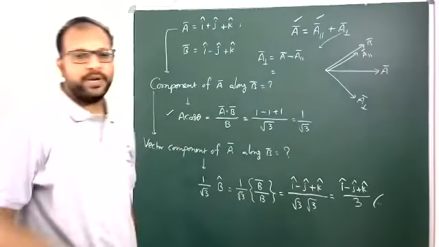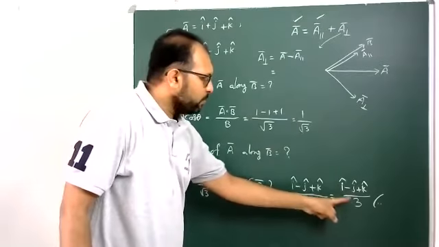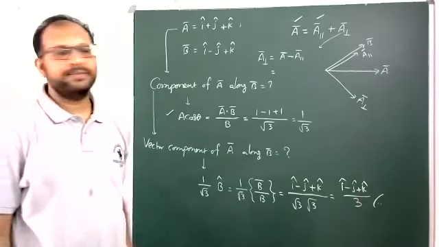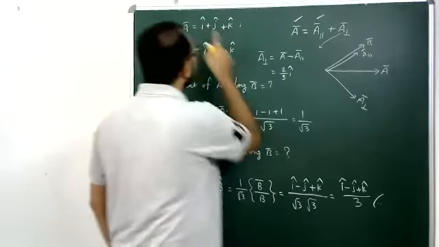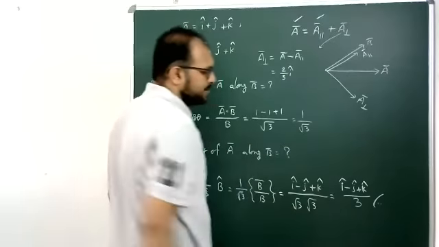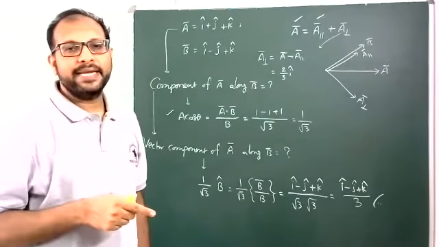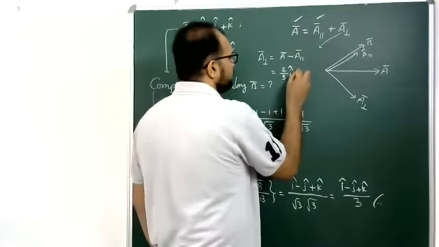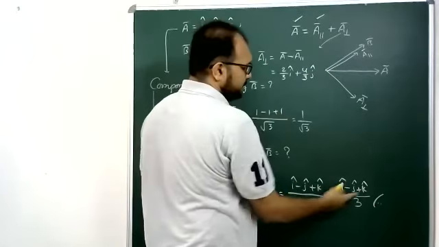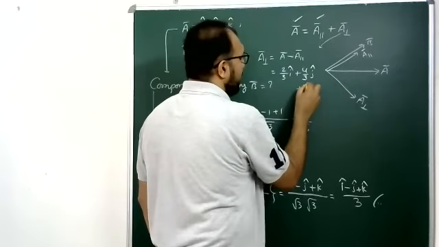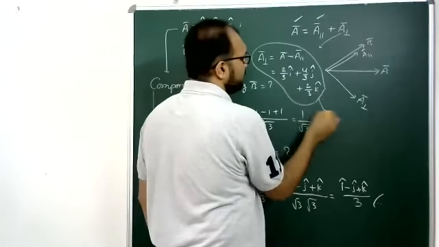Now vector subtraction we know. A bar, this is 1 minus 1 by 3, 2 by 3, 2 by 3 I cap. 1 minus of, because here minus is, that means 1 plus 1 by 3, 4 by 3. So plus 4 by 3 J cap. Next 1 minus 1 by 3, again 2 by 3 K cap.